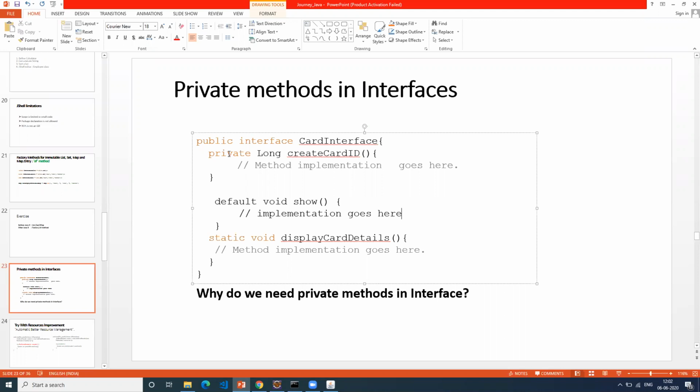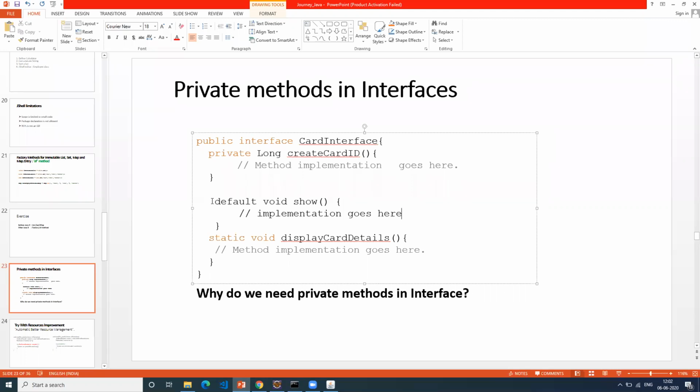No, I think you're missing Java 8. We have a feature, default method. You forgot that. Yes, that's the question. Why do we need private methods in interface? The main intention for adding a default method is to add some implementation to my interface, wherein whoever is using my interface can make use of that method directly without writing any code. That's the main intention of a default method.